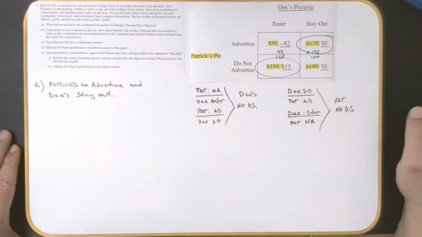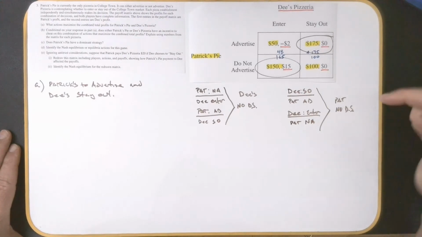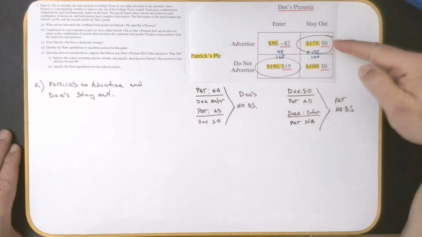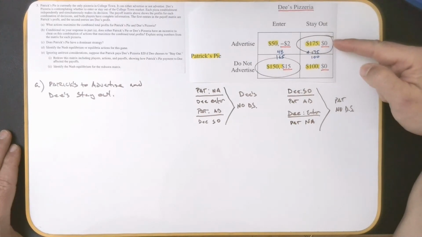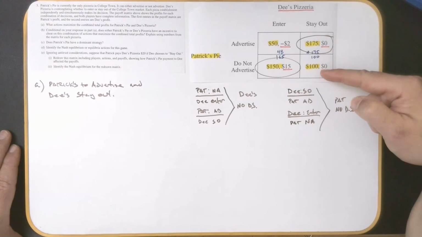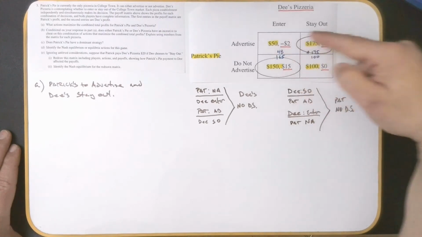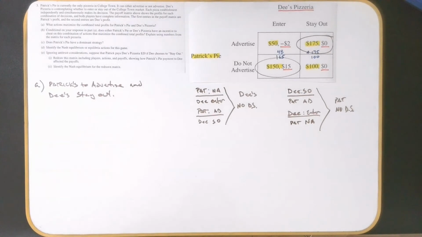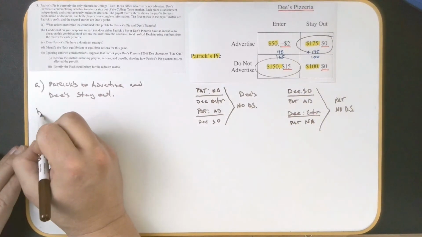Now, does Patrick's Pie have an incentive to cheat? Well, if D's Pizzeria is going to stay out, their incentive to cheat would be to not advertise. So let's see what happens. If they don't advertise, they would drop from 175 to 100. So they don't have an incentive to cheat either. So both of them have an incentive to stay right where they are because they would lose more money if they were to leave. So on our answer here,